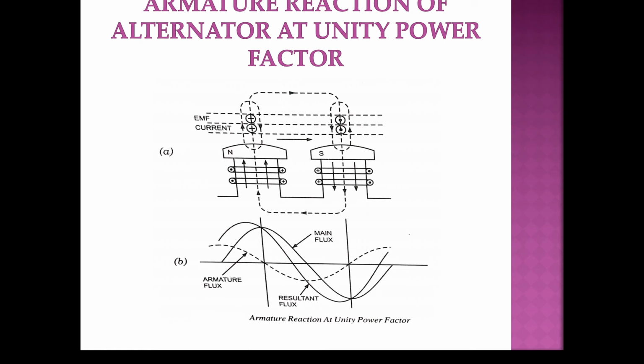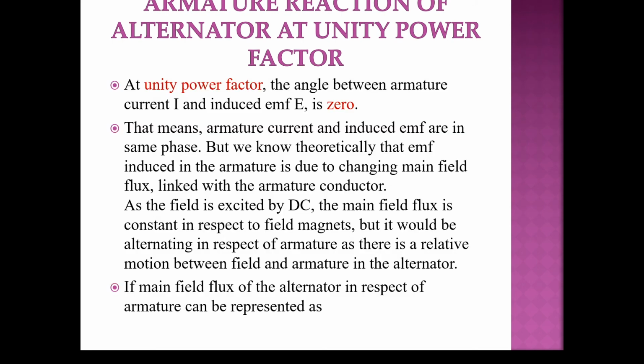Maximum of fundamental wave of field will be opposite to the pole centers, and at the same points conductor will have the maximum induced EMF. With phi equal to 0, conductors carrying the maximum current will also be at the same points. So armature reaction MMF will be directed perpendicular to the main field flux. So this will cause the distortion. The unity power factor angle between the voltage and current is 0. So armature current and induced EMF are in the same phase.